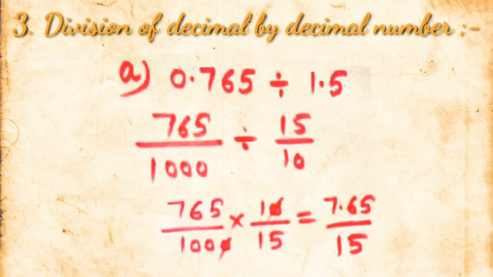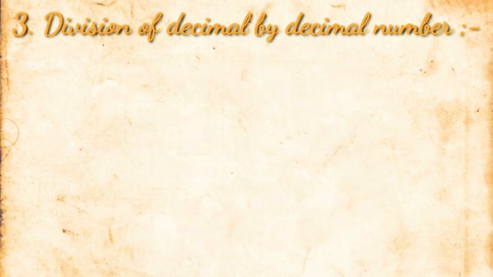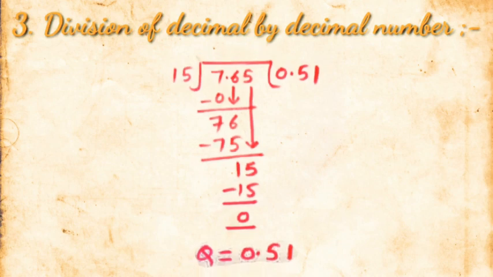As the decimal is shifted one place ahead according to the number of places in the divisor, after that go for the division: 7.65 divided by 15. As 7 is less than 15, it goes 0 times, and 7 minus 0 is 7. Then bring the next number down, 6. Decimal has appeared, so we have to insert a decimal in the quotient as well. So 76: 15 fives are 75, 1 is the remainder, and bring the next number down, that is 5. It becomes 15, so 15 ones are 15, properly divisible, remainder 0. So the answer is 0.51.